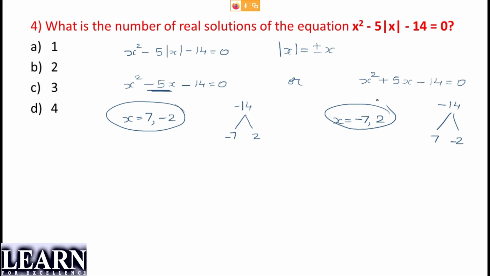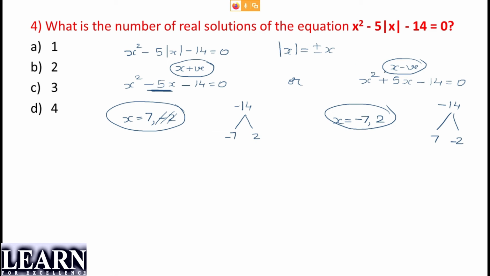Okay, this is where we are doing a big mistake, guys. What is this equation? So I have taken this as minus 5x when x was positive, right? And this equation was there when x was negative, right? When you already know x is positive, then how can you get the answer of x as negative 2? That is not at all possible, because you have predefined the condition that x is positive there. So you cannot take negative sign.